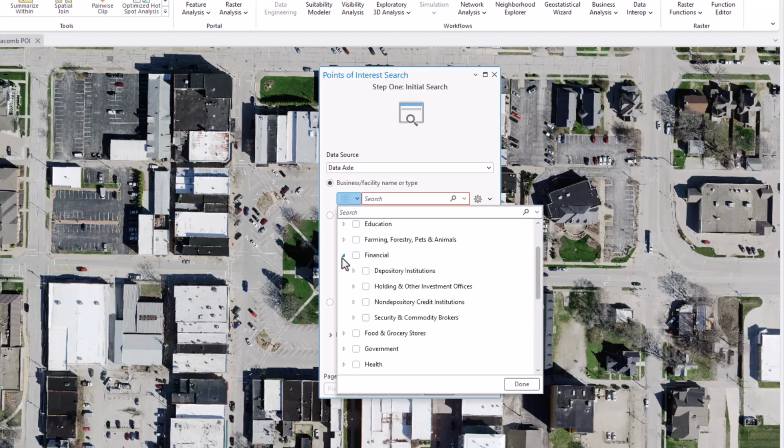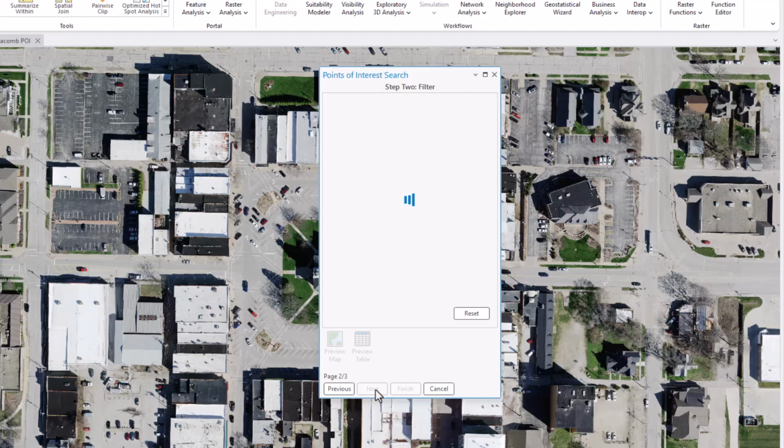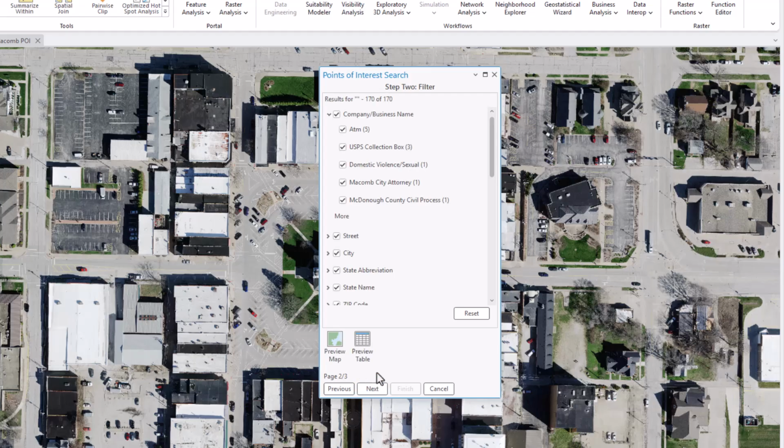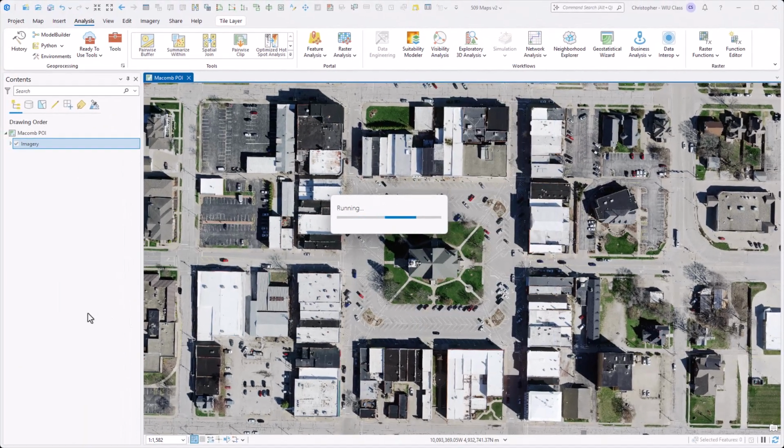But what we're going to do initially, especially if you don't know what businesses are where in a community that you're making a map for, is I'll just do show all. And then I'll click next. And it's going to tell me how many results are going to be. I'll click next. And I'll make my output be Courthouse Square POI for points of interest, and then I'll say finish. It's going to run the tool,